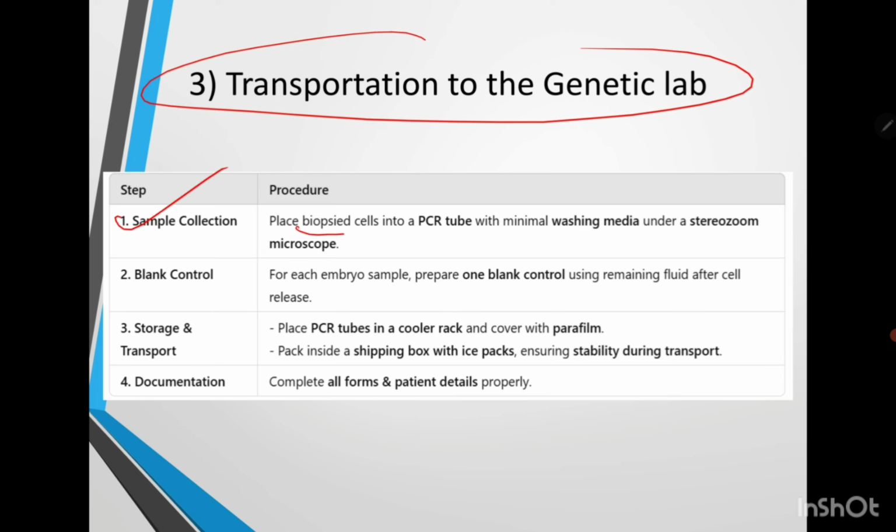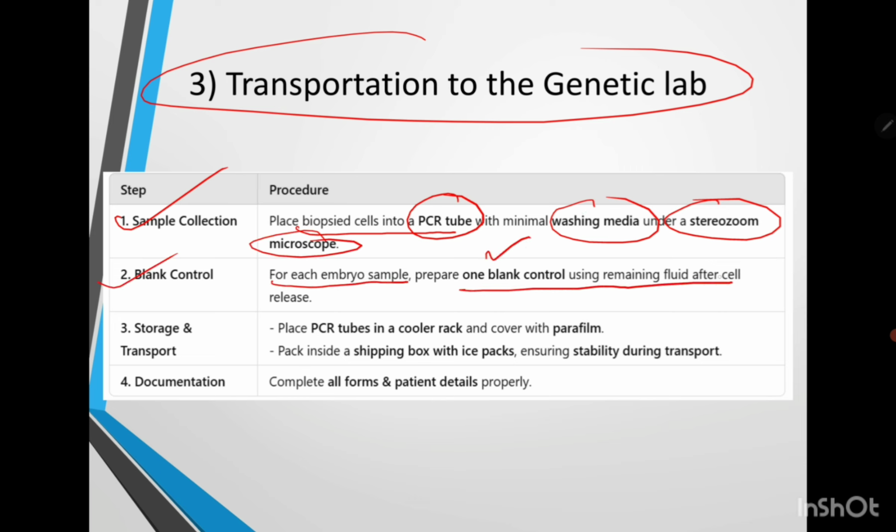Sample collection: place the biopsy cell into a PCR tube with minimal washing media under a stereo microscope. Blank control for each embryo sample: prepare one blank control using the remaining fluid after the cells are released. Storage: the PCR tube is kept in a cooler rack covered with paraffin, packed inside a shipping box with ice packs for stability during transport. Complete all the patient detail forms